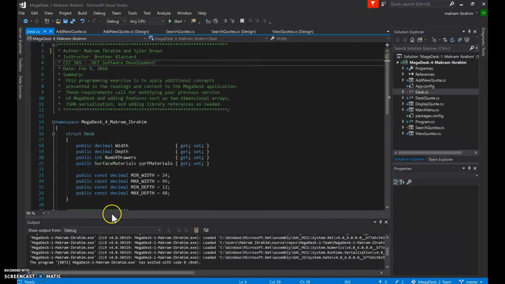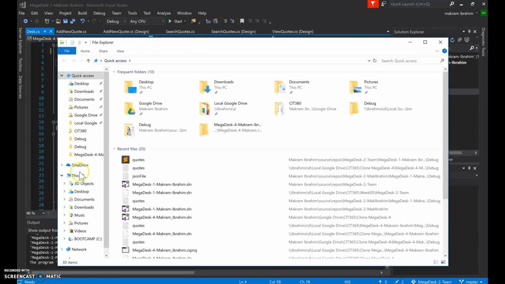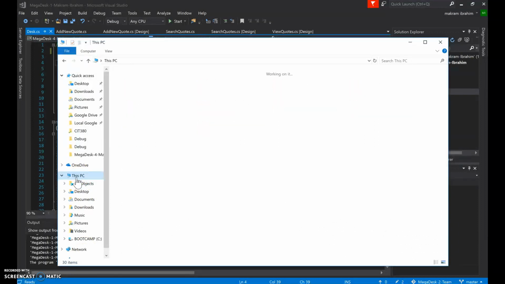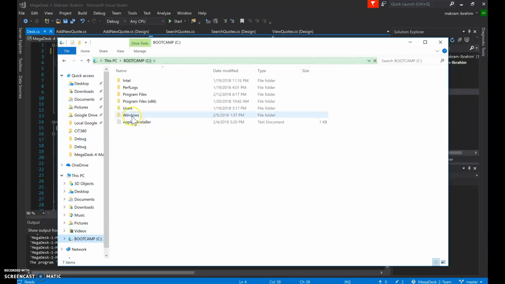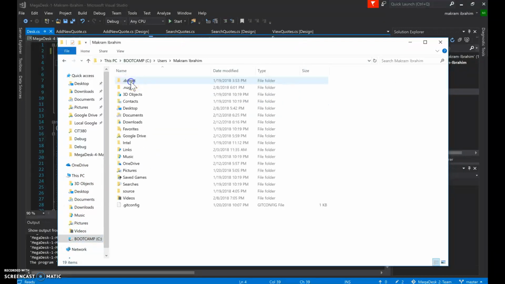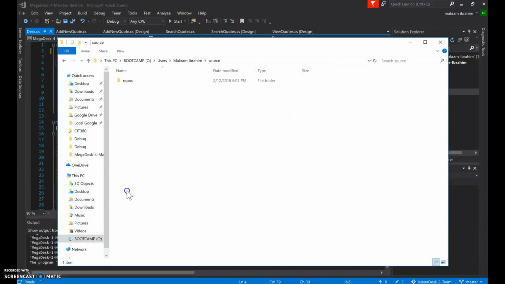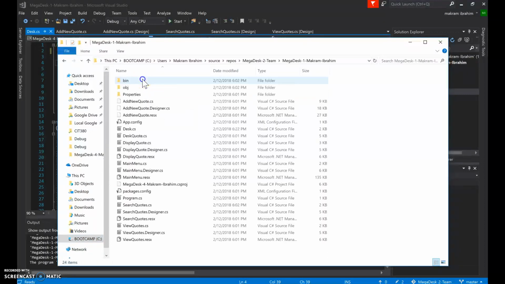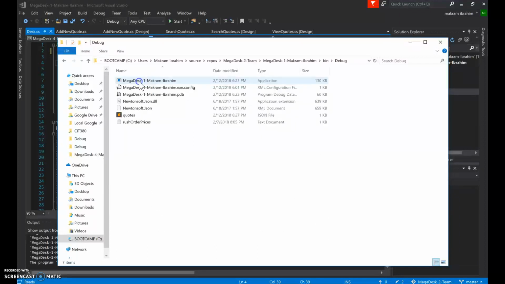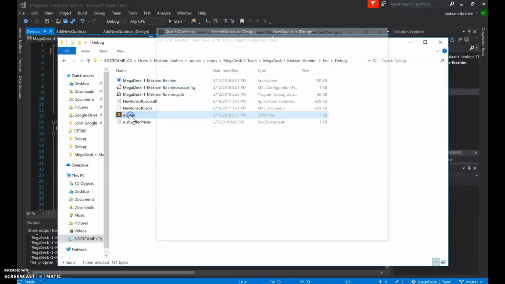And if I exit, I'm going to go to the file, just to show you how this JSON format works. Sources, repository, team, and debug, and here is the JSON